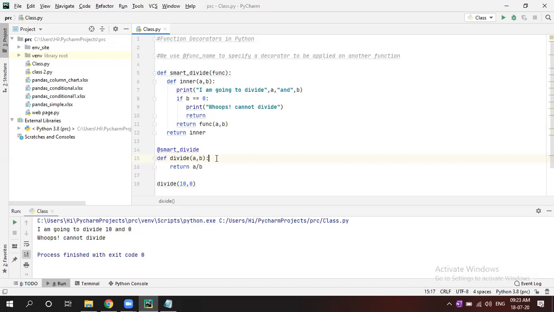Decorator means, before that you can write some function. So before this I have written a smart divide function. And this function you can call before writing any function by giving the @ symbol. @smart divide.